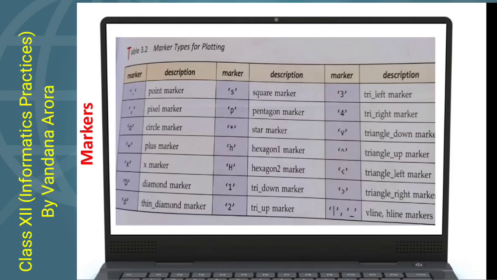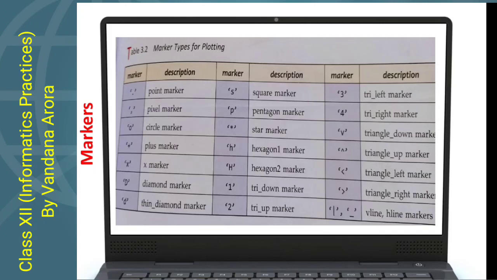These are the different markers. You can see in the previous code I have used the hexagon marker. You can see hexagon has the code h. Clear? Hexagon has two types of marker. One is with the small h and the other is with capital H. Lots more markers are there.